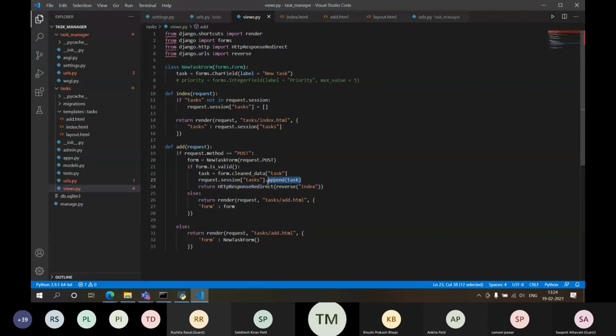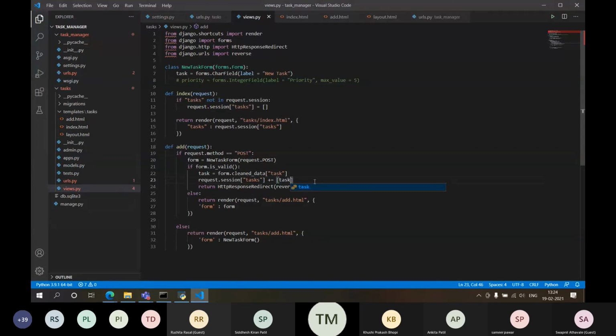Let me try it another way. Plus equal to, and I'll say this task, form.cleaned_data task. I'm getting request.session tasks.